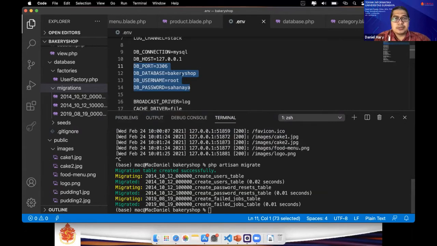Maybe you have a different setting, and maybe you have to put in a different password here. This one may be the same as here, but I think the password will be different. Okay.